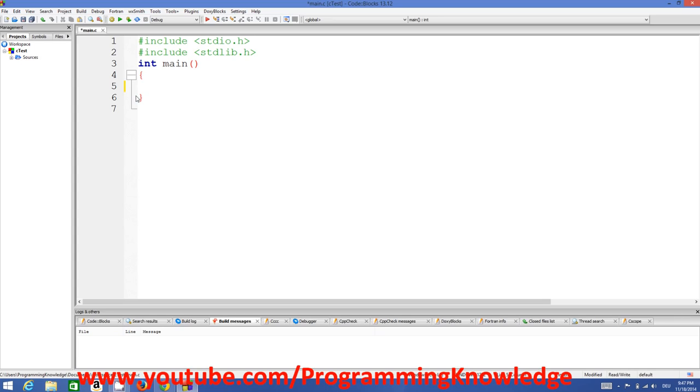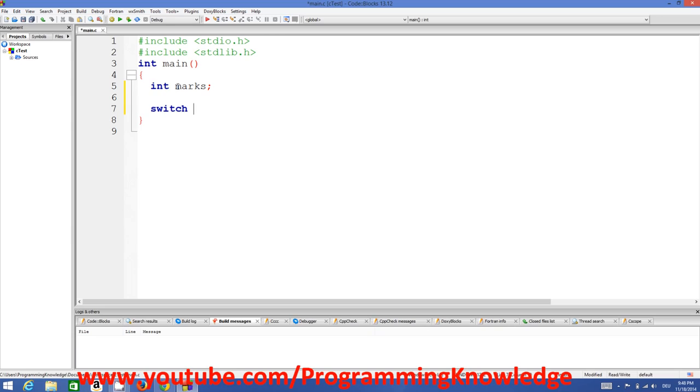So for example, we want to calculate the grade of a student, and on the basis of grade we want to give some message or print some message. So for example, int, and let's say a student scores some marks. So I will name my variable as marks, and on the basis of marks we want to decide if the student is excellent or whatever, good or very good, or he has scored poor grades. Okay, so now we use switch statement,